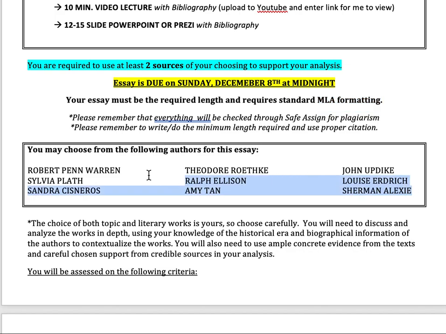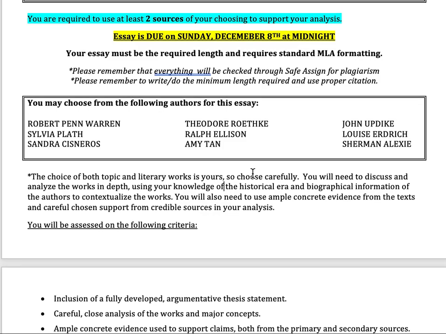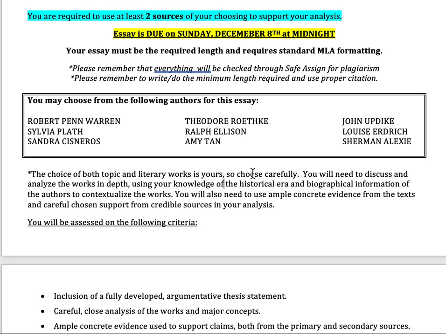So there are a number of different authors that you guys read in this unit that you could choose from. The works, again, have to be from this unit that you read in this unit. And the choice of topic and literary work is yours, so choose carefully. As always, discuss the works in depth using your knowledge of the historical situation, the biographical situation to add context, and then pull lots of good evidence in the form of quotes from your primary and your secondary sources